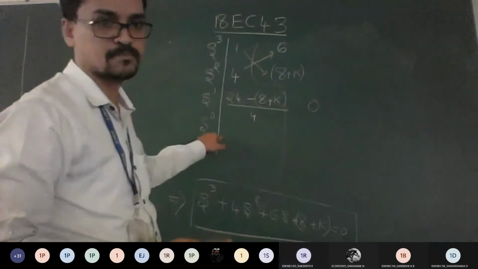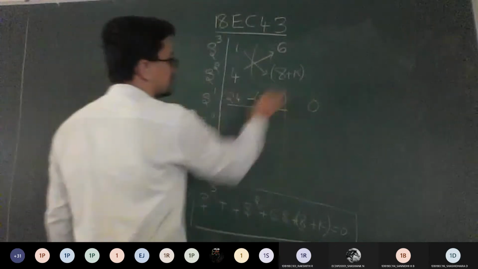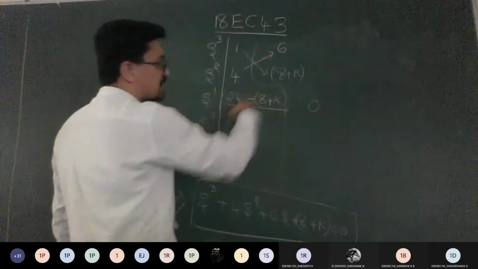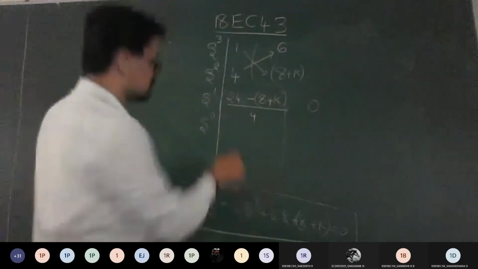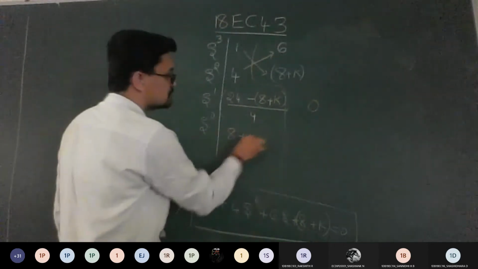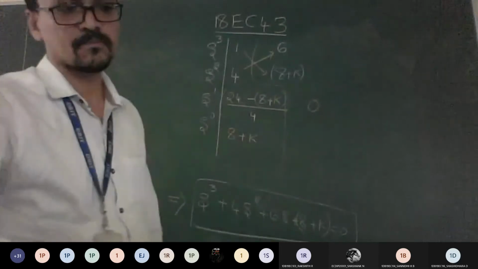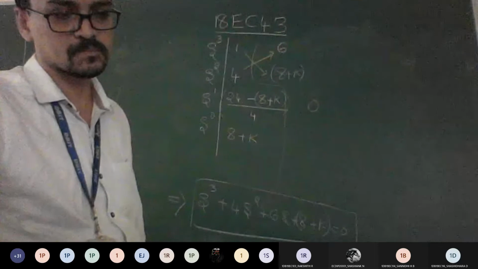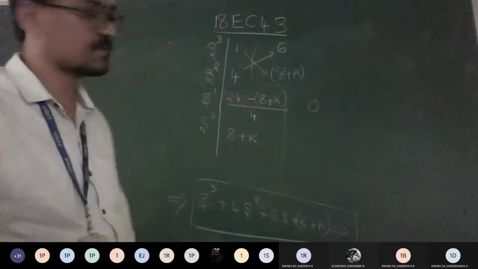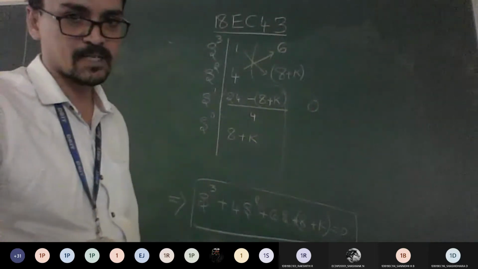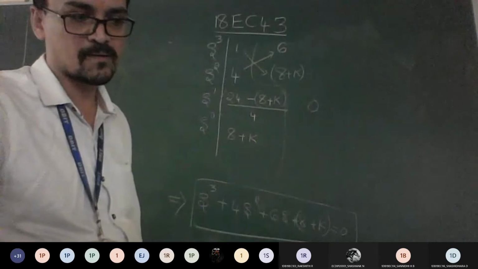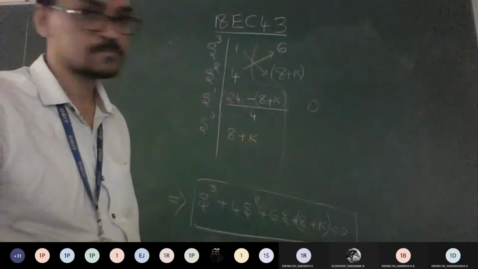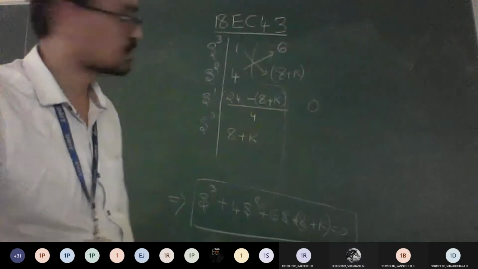Check out this answer now. This complete term into this, and here this is 0, divided by this. So everything gets cancelled. What is left out? Is it 8 plus k only? Yes or no? Yes, sir. Is it okay till yet, everyone? Shall I proceed? Yes, sir. Good.